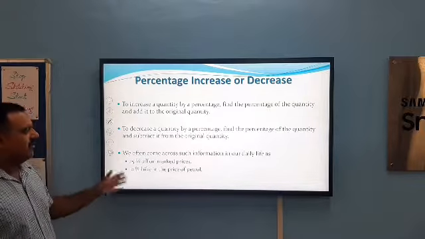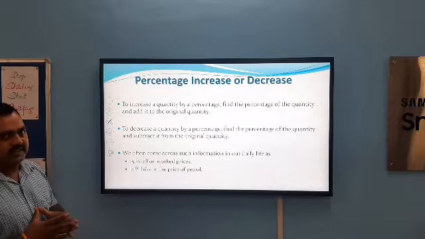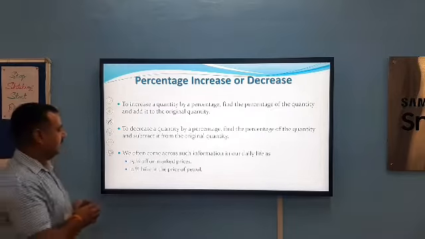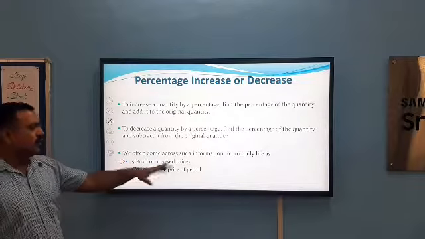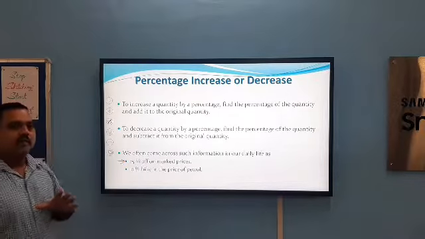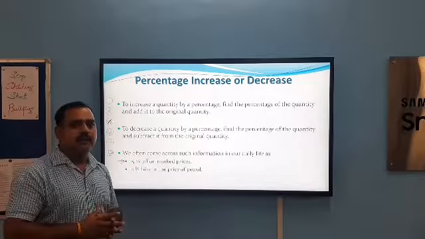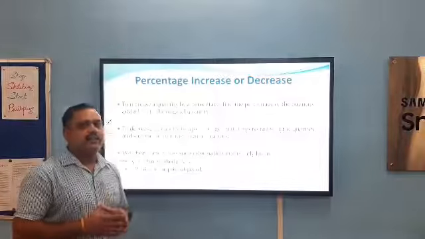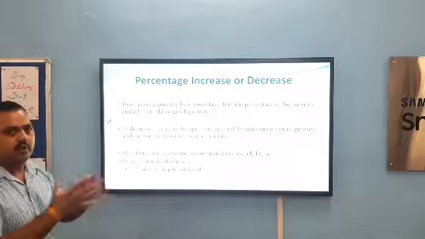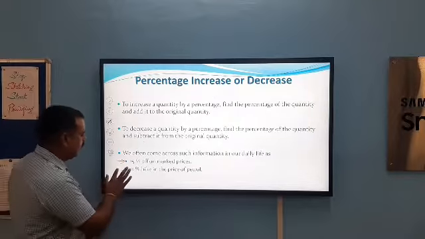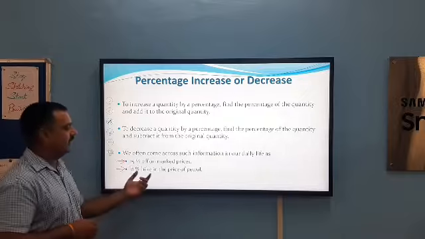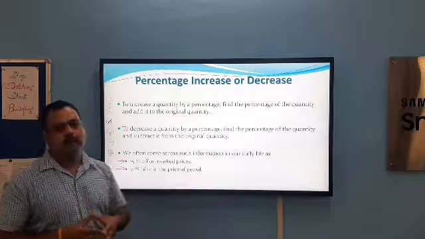For example, in our daily life we see these types of examples of increase percent and decrease percent. Here one example is 25% off on marked prices. Many times in festival seasons, companies give offers of decrease in marked price. Or another example is a 10% hike in the price of petrol.